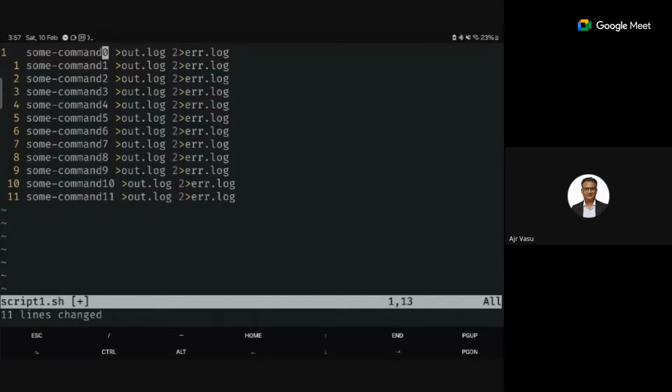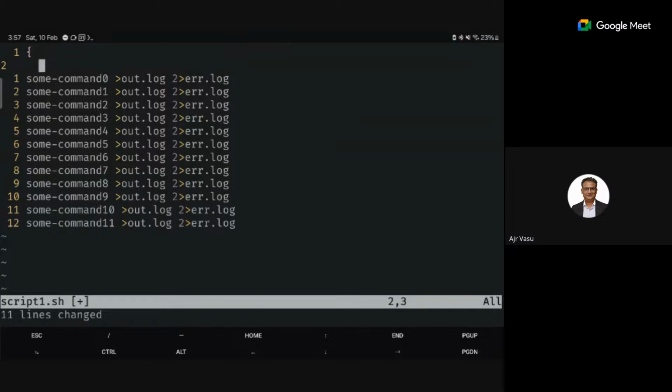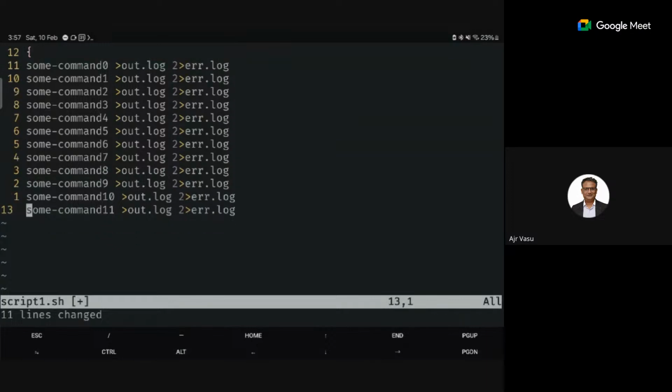Okay, I have this format. I have like 12 commands I'm running, but I don't want to repeat the same things again, right? So in that case, what I can do is wrap all of them inside the curly braces, and you can give the redirection for the entire thing only one time.